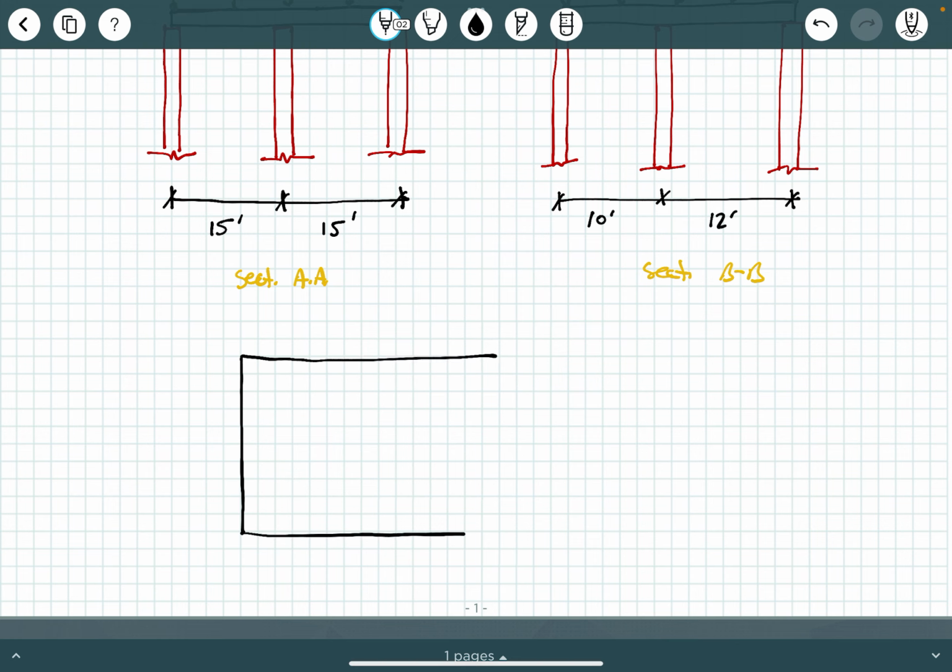Okay, redraw this slab, and I'm going to redraw the columns for us, again, for visualization purposes. There's that column. Okay, and this is column A, of course. So, and then what about the dimension lines? Don't want to forget about those. 15 feet, 15 feet,